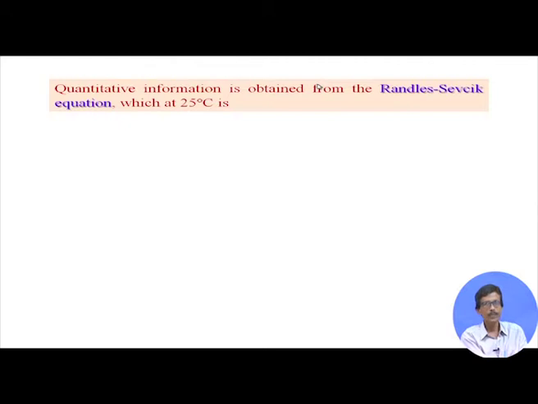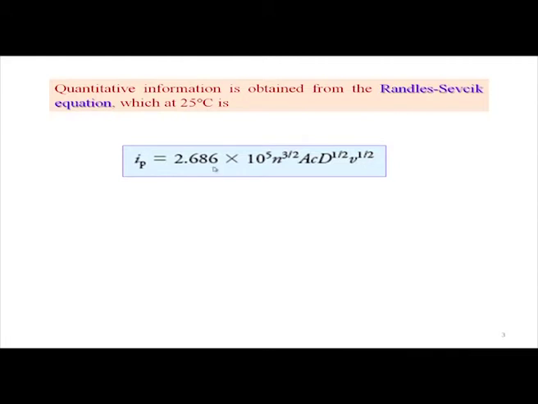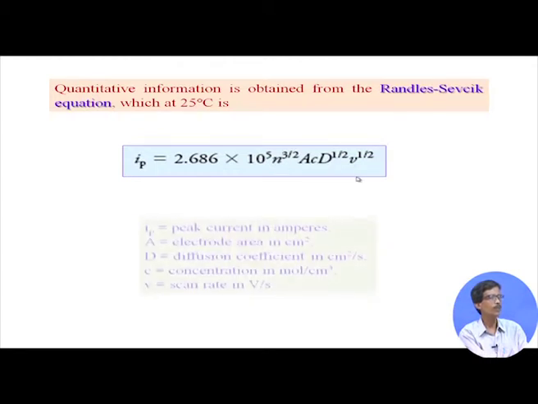So, basically, we all know that the polarographic electron transfer reactions can be analyzed with a very famous equation, the Ilkovic equation. That Ilkovic equation type of thing can also be used for your cyclic voltammetric measurements, which is the Randles-Sevcik equation. So, the Randles-Sevcik equation at 25°C tells us that IP is equal to some constant, 2.686 into 10 to the power 5, times some values of N, A, C, D and your v, small v.